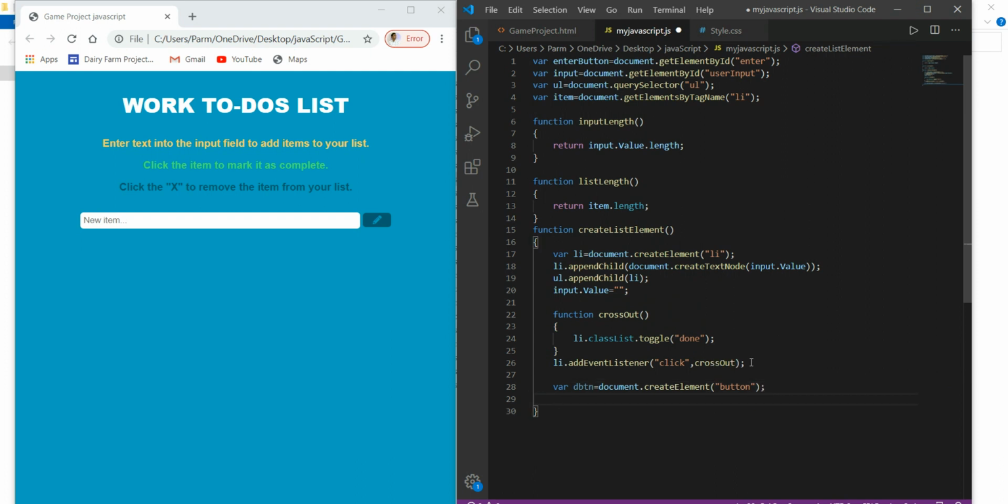Okay, so again I need to append this button along with the list.